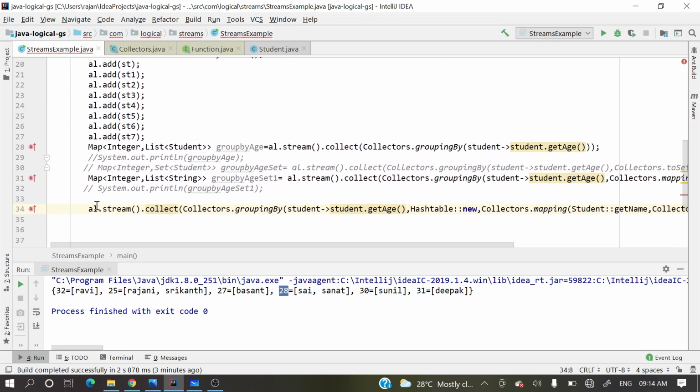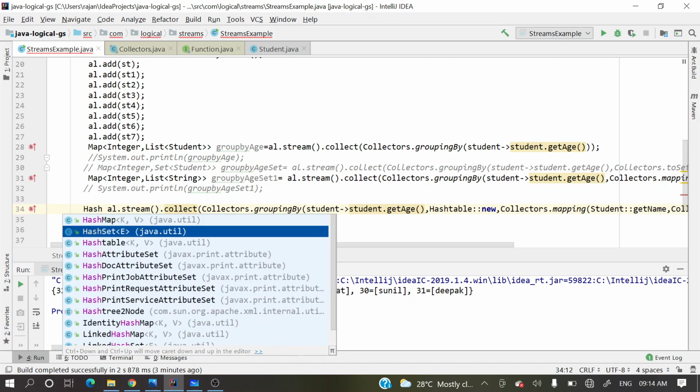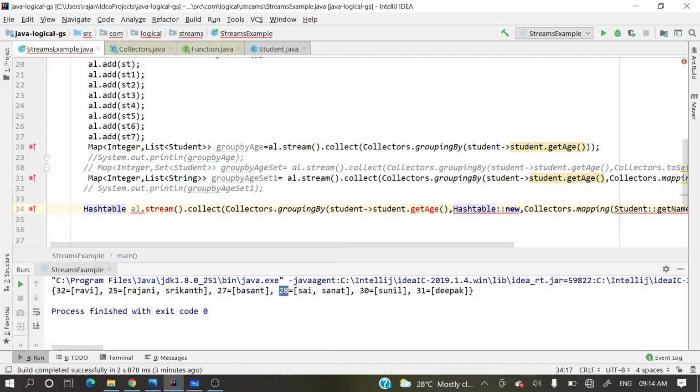Okay, so Hashtable, and for the Hashtable, what generics will be there?